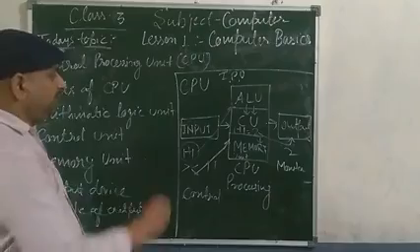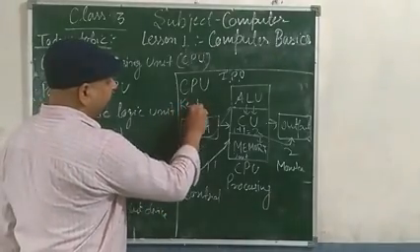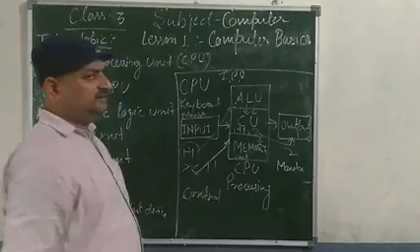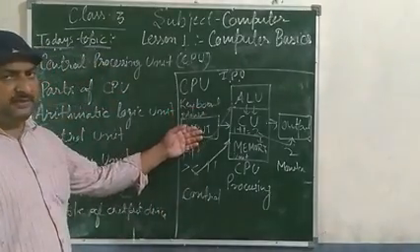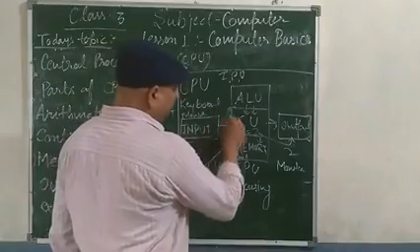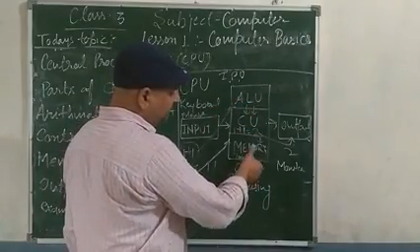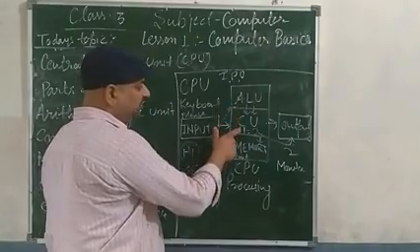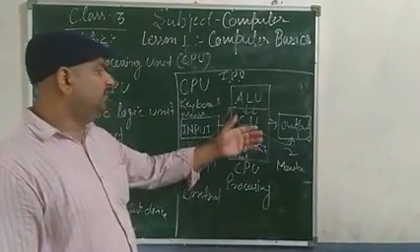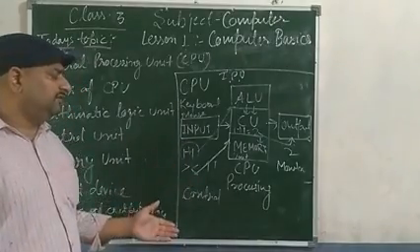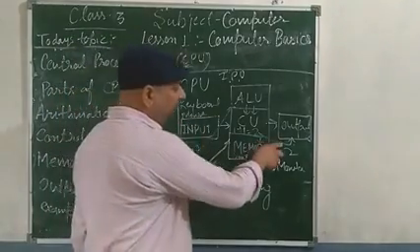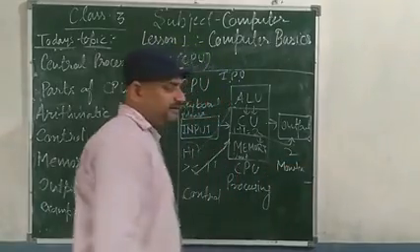Input devices, just like keyboard, mouse, scanner, these are the input devices. With the help of input devices, we feed data inside a computer. Then processing goes on in the CPU box. The CPU box has three parts: ALU, CU, and memory. All the parts have different works. ALU means mathematical work, CU means controlling work, and memory unit means storage work. After the processing, we get the output on the monitor screen.